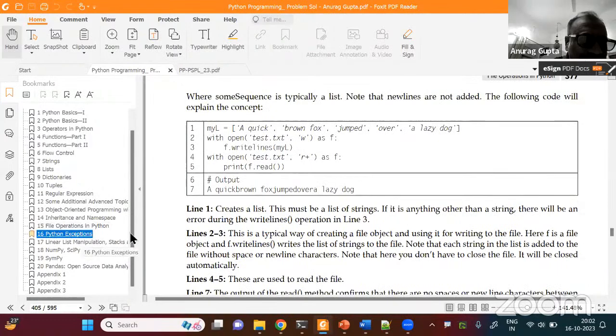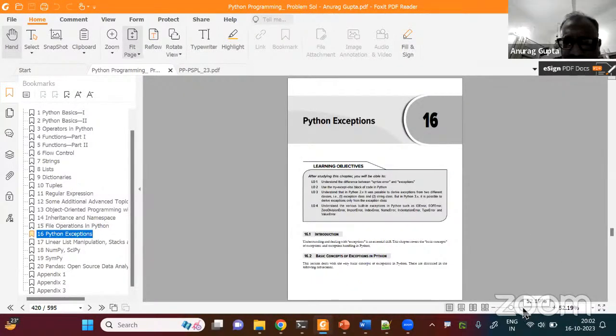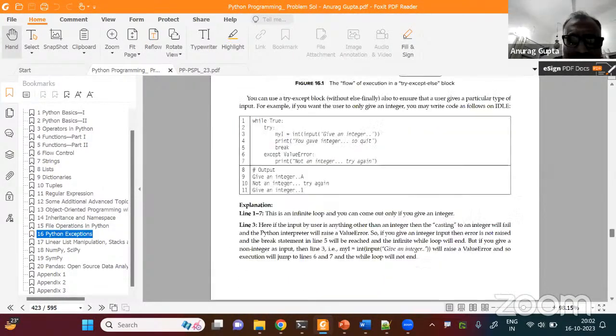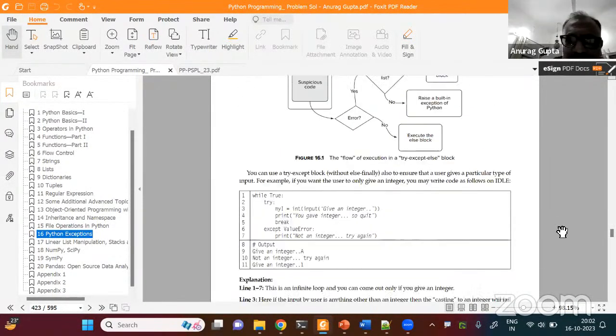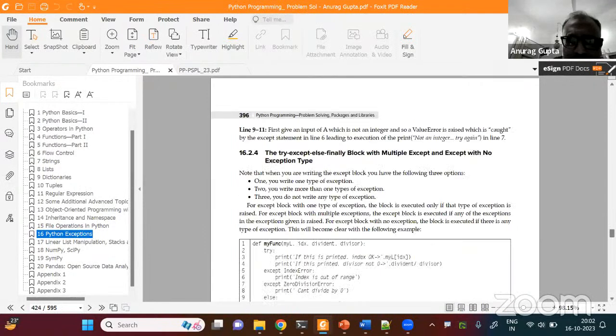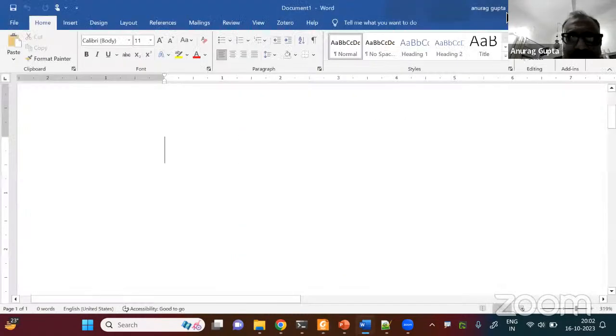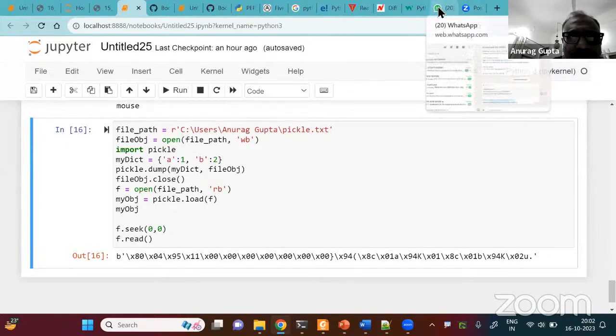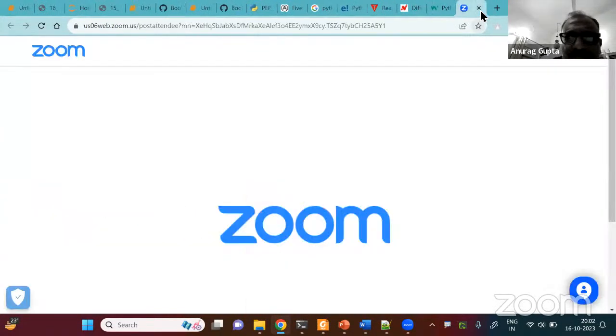Let me come to exceptions. This is important because it's important to link the various parts of the program. One sec, let me just put this down.